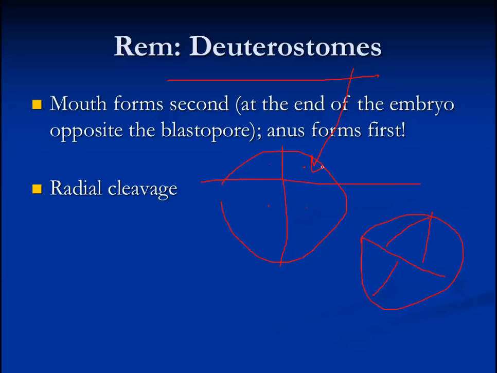And indeterminate cleavage, which means the fate of these cells is not yet determined. I could remove a cell from a developing embryo and the larva or the juvenile would still be just fine. All right, what you should know about echinoderms